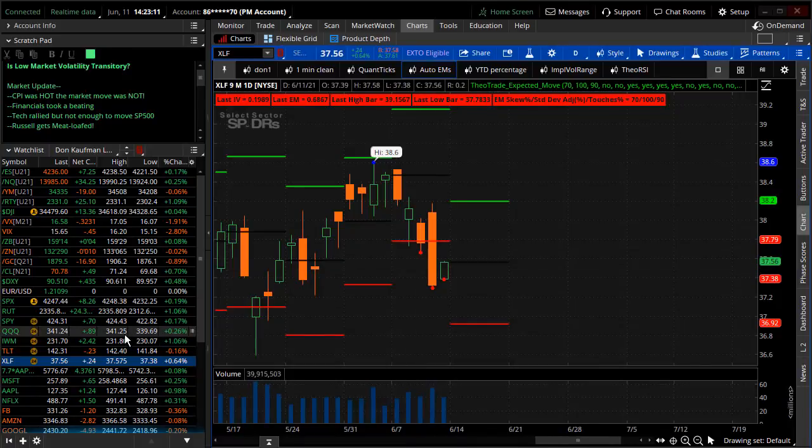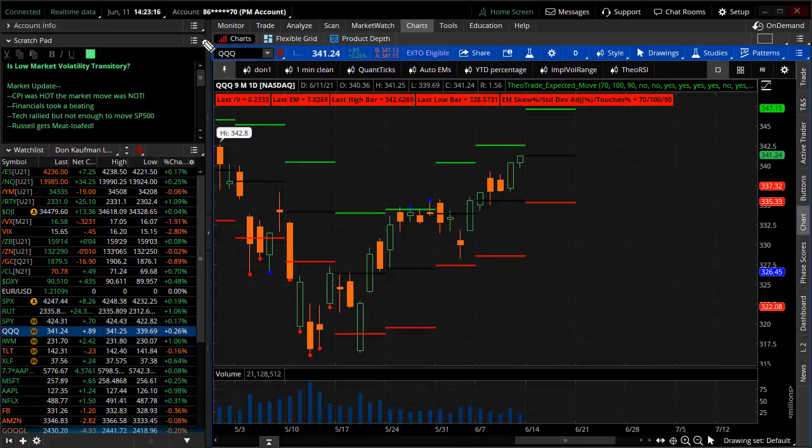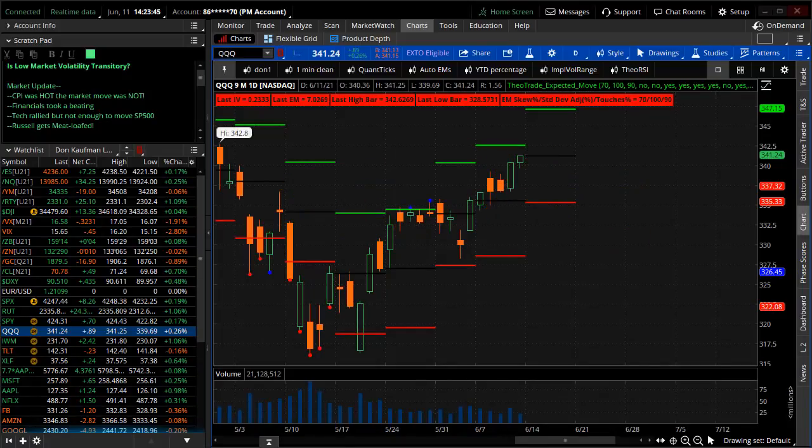So there is some decent amount of volatility in the financials. Why does that matter? Because if you take a look at tech, specifically the QQQ, do you realize that the Qs and the NASDAQ almost hit the upper edge of their expected move? What do the S&Ps do? Absolutely nothing. One of the things that I've been sketching out recently is here: the NASDAQ rips to the upside, the financials, the XLF, head to the downside, and the S&Ps skirt through the middle. The S&Ps, you have to understand at this point, can't get out of their own way because the marketplace got bifurcated.